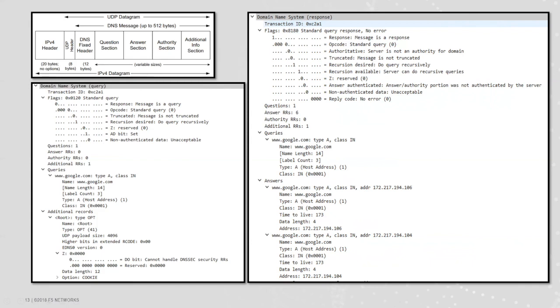And on the right side is basically a response. If you look at the response flag, this message is a response. The difference is that this bit is set to 1. And if you look at the answer, you would see there are 6 IP addresses being returned to the